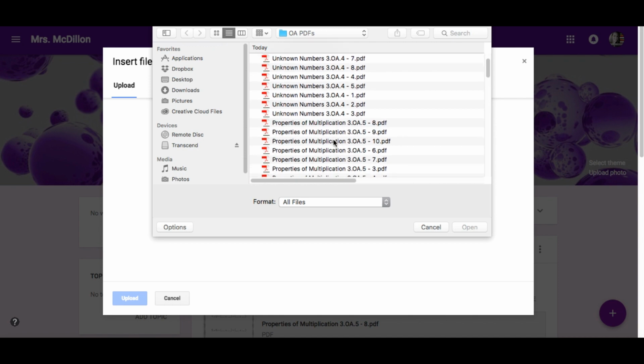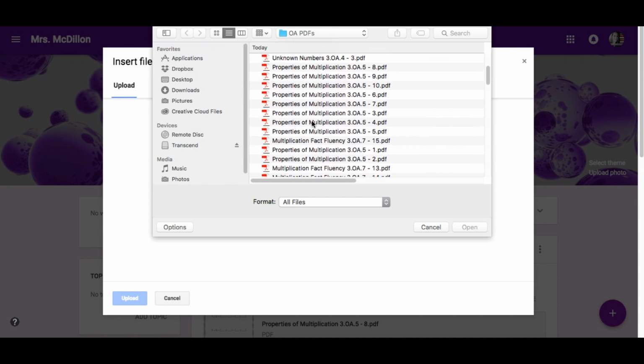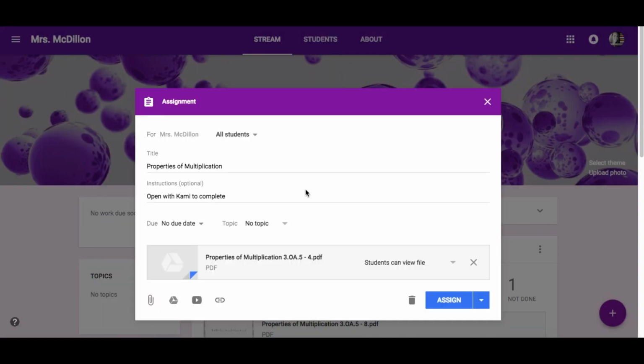So since I'm going to assign a Properties of Multiplication page, I can go ahead and look for one of those. I'll click Open. If you'd like to assign more than one, you can, but I'm just going to assign one for now. Click Upload. So you'll be able to see the file right here. And what I'm going to do right here is change